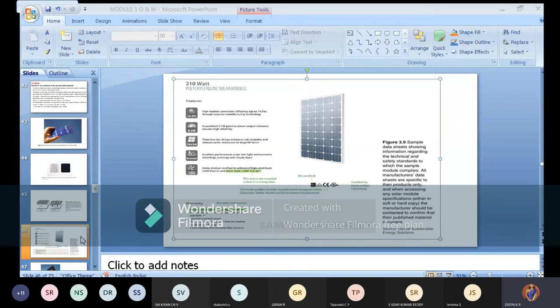After 5 years, you should get a minimum of 95%. After 12 years, you should get 90%. After 18 years, you should get 85%. And after 25 years, if you complete 25 years of installation of a power plant, then you should get a minimum of 80% output. That is the warranty given by the company for your solar cell. And you can see IEC certified. So many symbols have been given, certified by Underwriters Laboratory. Okay, so just read out.